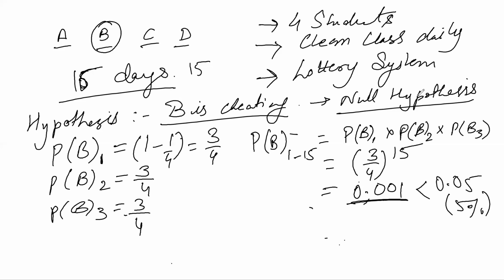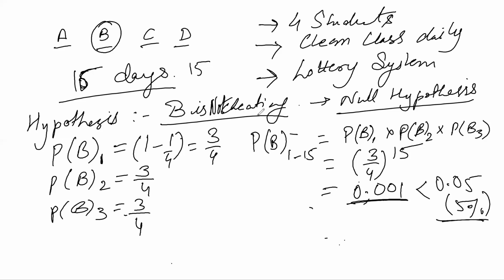So now, okay, we chose this to be the null hypothesis, but we should have chosen it as B is not cheating, right? So in that case, what will happen? I'm getting the probability of the chance that B is not cheating. These chances are very less, right? So why did I choose it to be the null hypothesis? Because I wanted to do these calculations, and that is why I put B is not cheating.